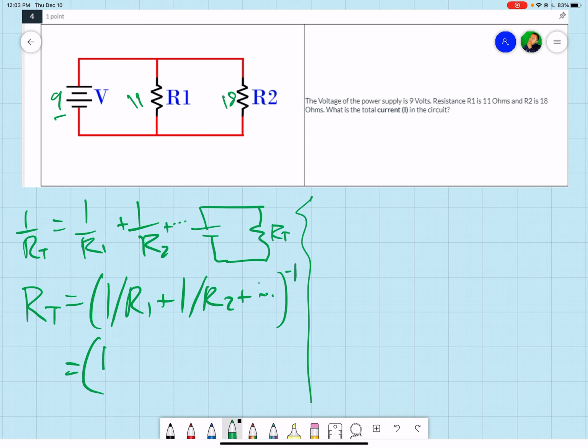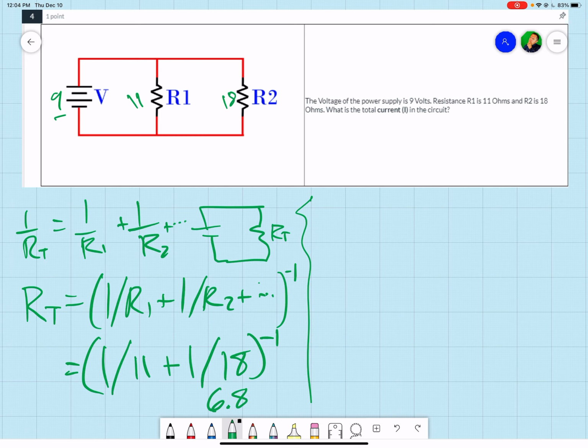I'm going to do 1 divided by my R1, which is 11, plus 1 divided by my R2, which is 18, close parentheses, and inverse it. So I'll put that in my calculator: 1 divided by 11 plus 1 divided by 18, close parentheses, inverse, and I get an answer of